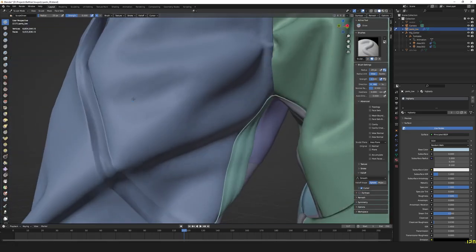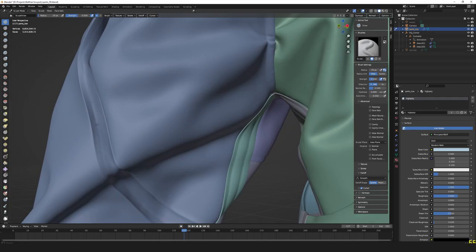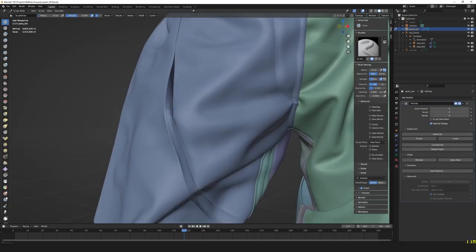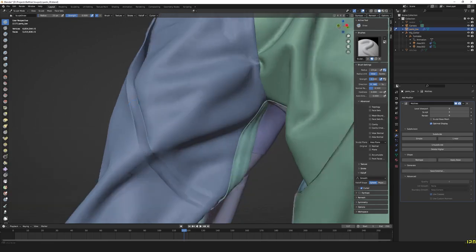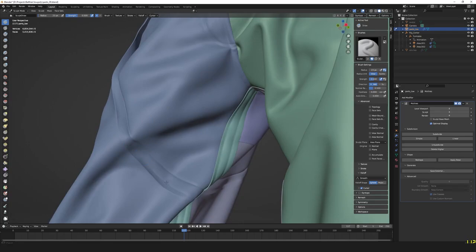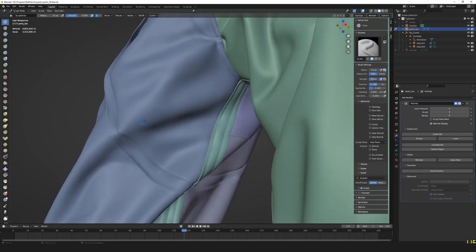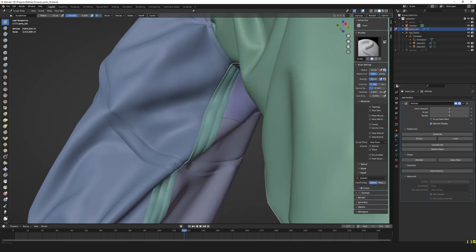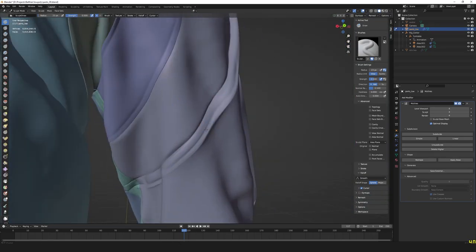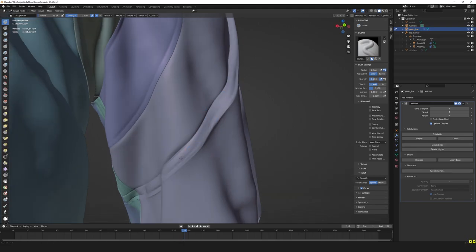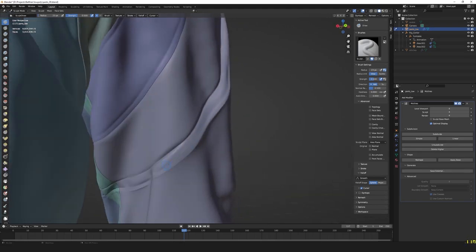I do jitter the cursor around quite a lot here, which has a tendency to give us those surface imperfections that I've been talking about, that noisy, bumpy look over the surface. And I really do not want to be smoothing too much of that out. We don't want too much of it, but we also don't want too little of it, because all that bumpiness will blend very nicely with all the other details